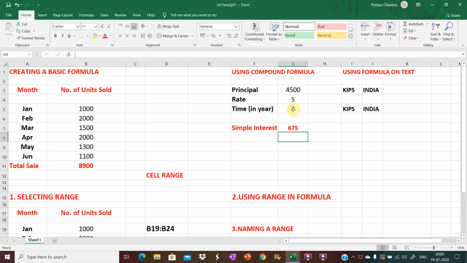Press enter key. Simple interest is calculated here by using a compound formula. In this, two types of operator are used, multiplication and division. Next, we will learn how to add text by using a formula on text.